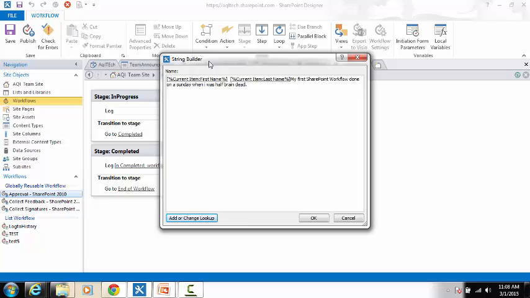I can actually write down static text, like everything that follows, which is this. But then I can actually get information from the list item, and make that part of my string as well. And then I'm going to go ahead and use this string and put it in the workflow history. So I'm saying first name, last name, which is this person, is